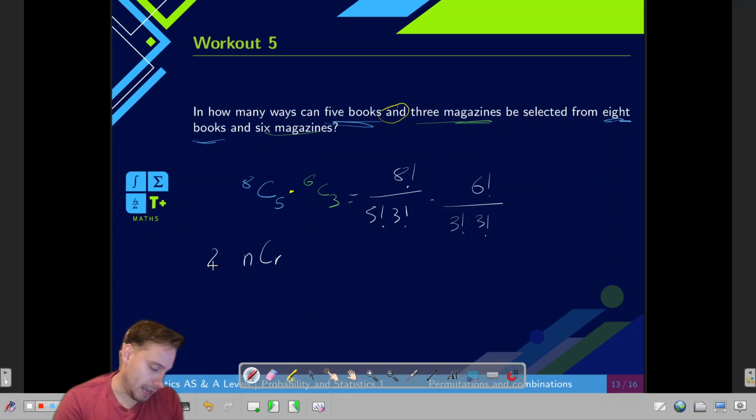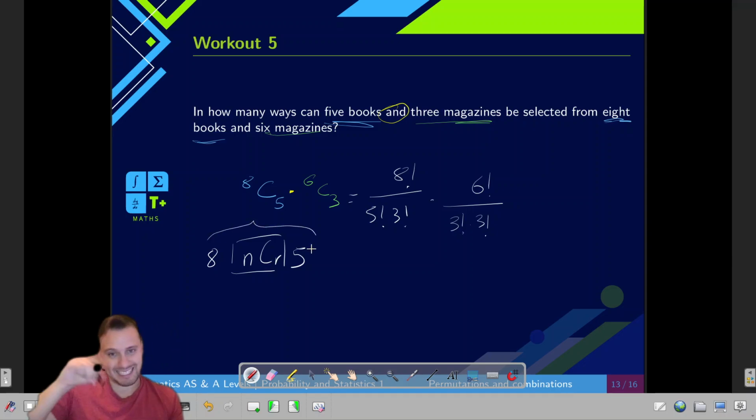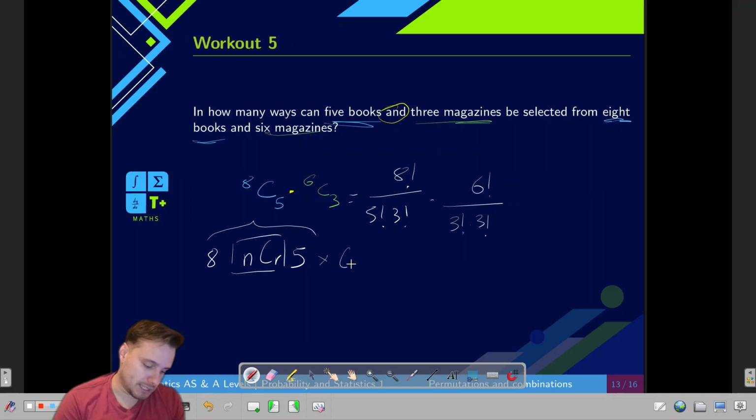You can plug in 8, the nCr button, and then 5. Then you can press the times button and say 6 nCr, sorry, and then the 3, and then press equal, and both scenarios should get you to